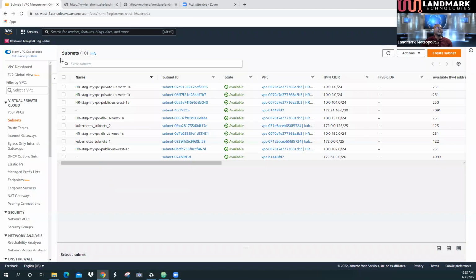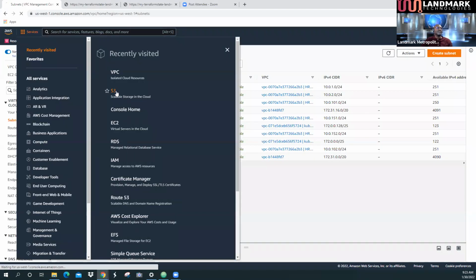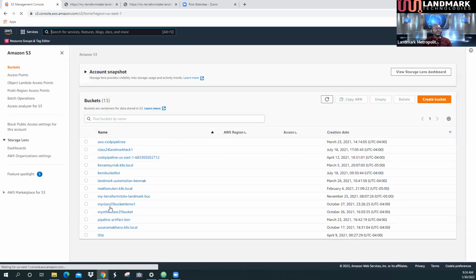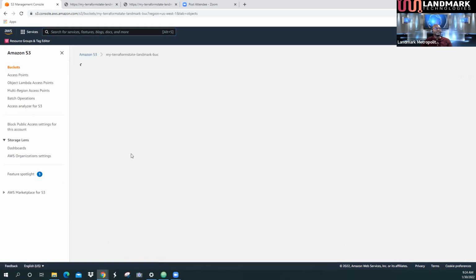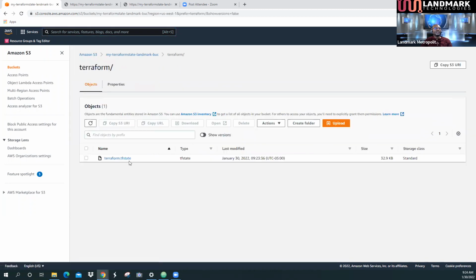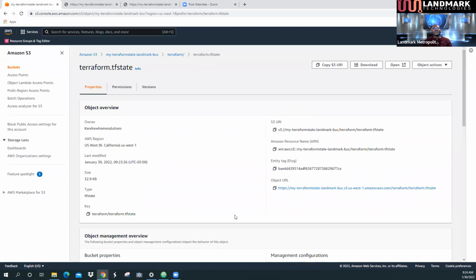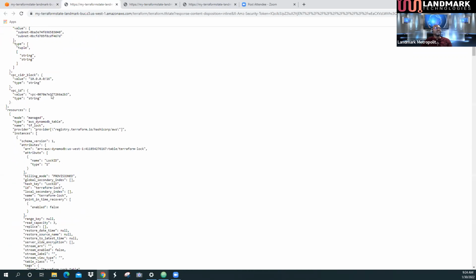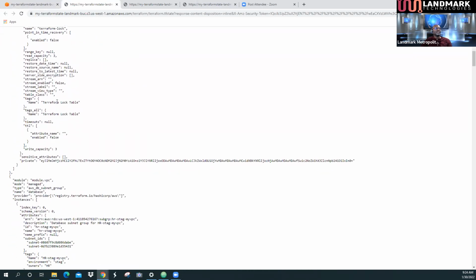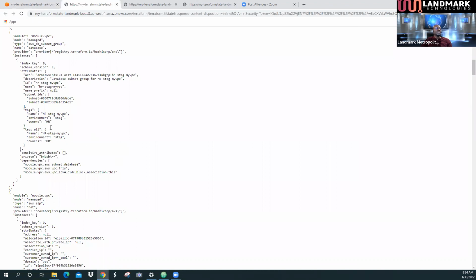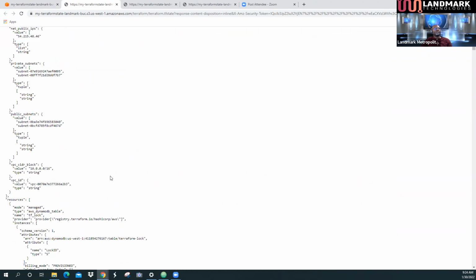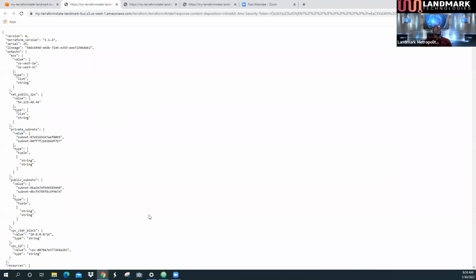So if I go to my S3, and I look at this, this is my bucket name, and I look at this state file. It's now there. If I open it, here you see I have my state file, right? So this is now in a distributed environment whereby any engineer who has credentials or access to this account, they are able to